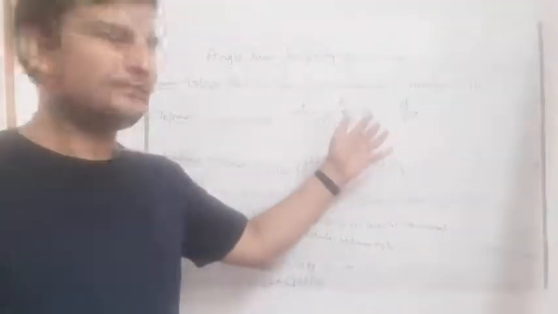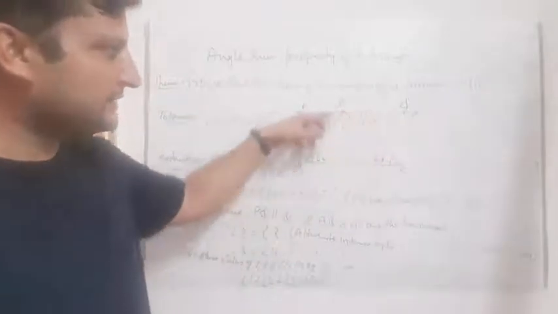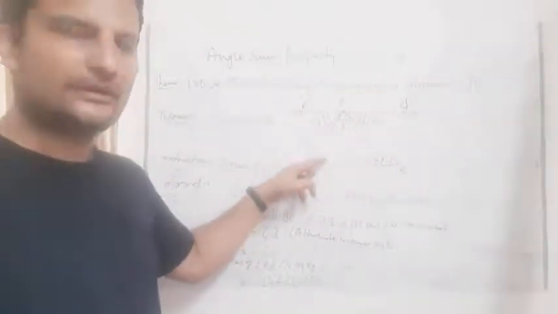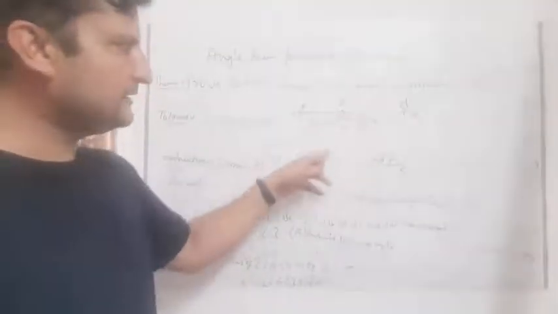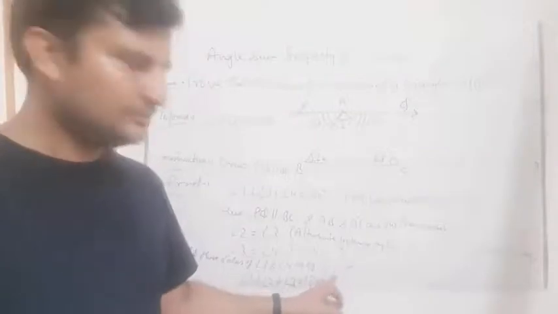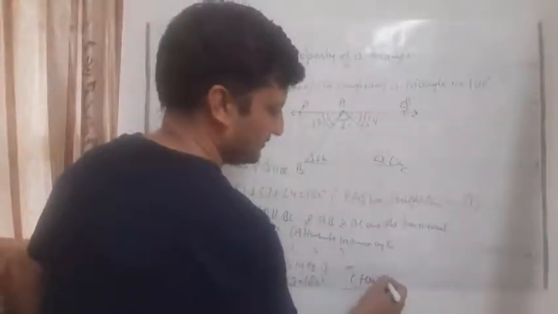So we have done it like this: we have drawn a straight line, and this is a straight angle, angle 1 plus angle 3 plus angle 4 equal to 180 degrees, and this is a transversal, so angle 3 is equal to angle 2, similarly angle 4 is equal to angle 3. So we have put these values in this equation. So what we have got: angle 1 plus angle 2 plus angle 3 is equal to 180 degrees. This is, we can say, hence proved.